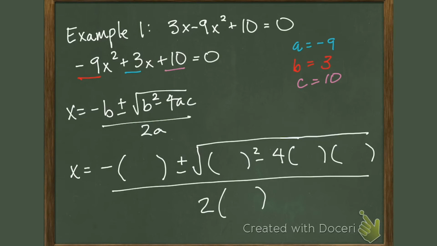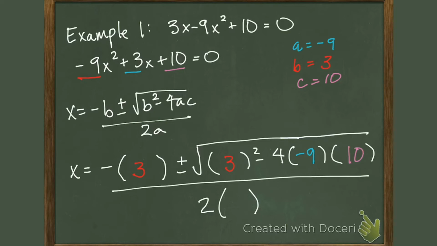So all I did here was I replace my letters with parentheses, and we're going to fill in what we know. So negative b will be negative 3. Obviously, that's not going to change, but if b was negative 3, a negative 3 would turn into a positive 3. This is b squared, so 3 squared minus 4 times a times c,